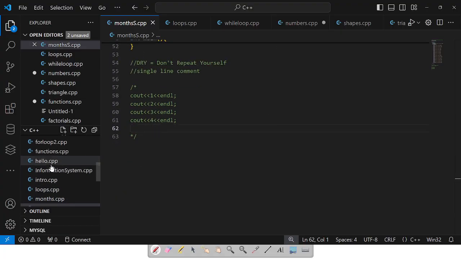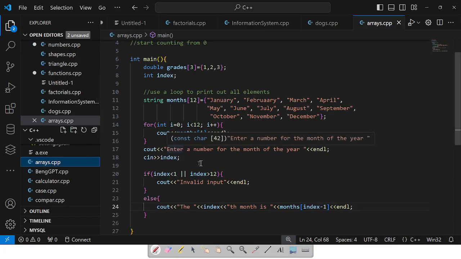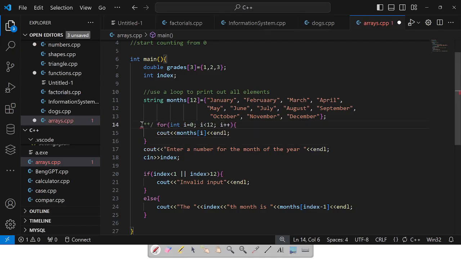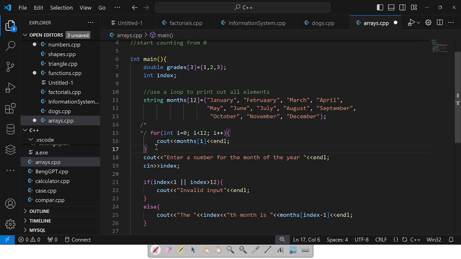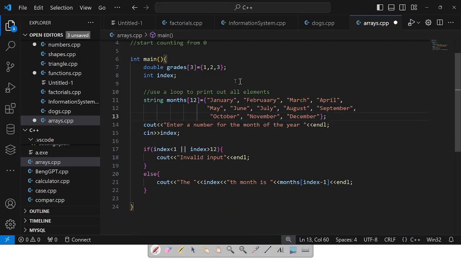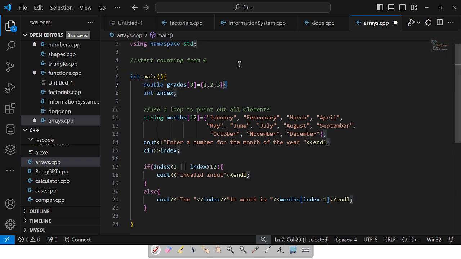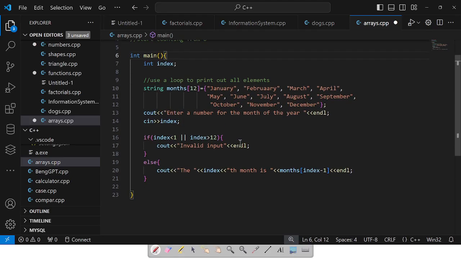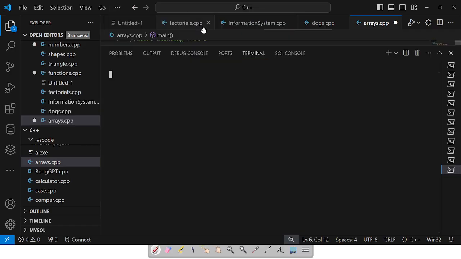I check out for all the cases and then write the month is May. And let's see the power of arrays and loops and the power of programming. Here, all I have to do is, I can comment this out because I don't need it. Let me just delete it. So I've just made an array of months. I don't think I need this array also. These are not used. Okay, this is what it does. It's a few lines of code. I'm going to say terminal. I'm just going to compile arrays.cpp,